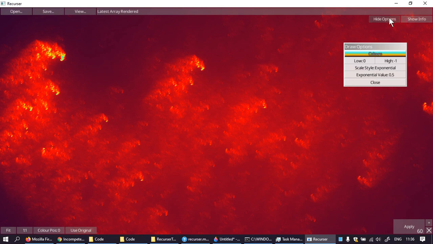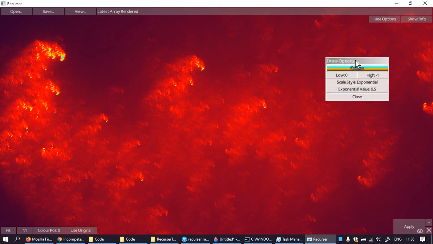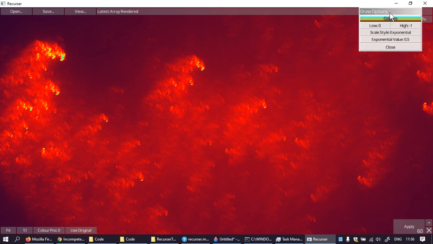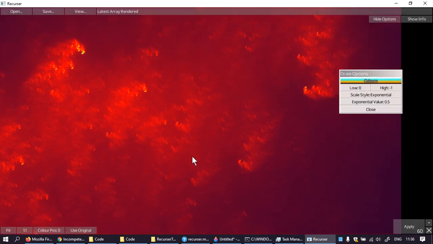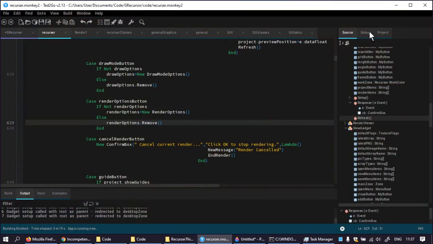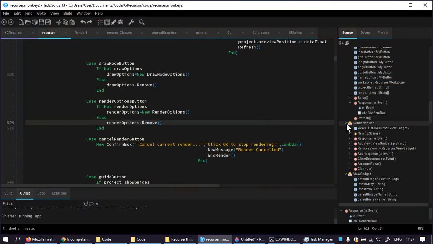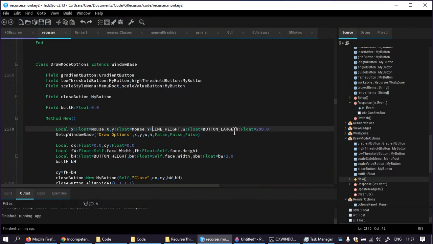But it does work to hide it. Show options and hide options. Let me just fix that immediately. Where is draw mode options, new Y equals mouse Y plus